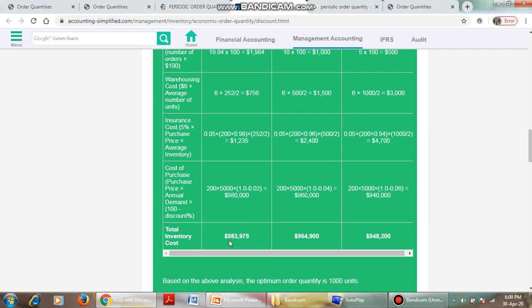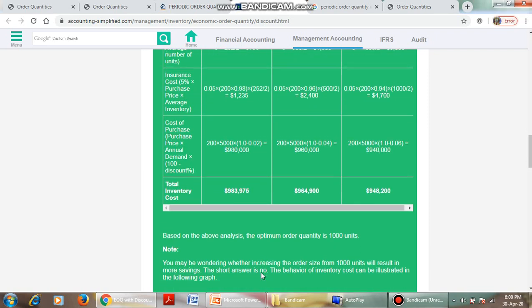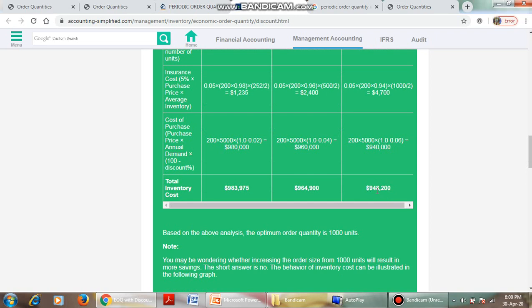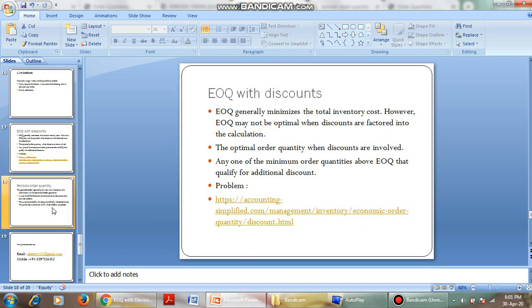So we get the total inventory cost of $975, then $964,900, and $948,200. Out of these three, which one is the least? $948,200 is the least, that is $94,800 is the lowest total inventory cost. So we will purchase 1,000 units. Clear? Okay. Next one is, after this economic, just